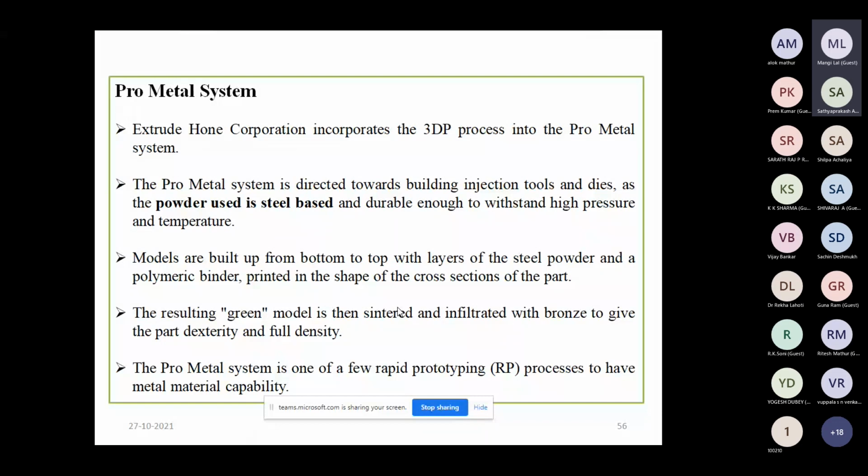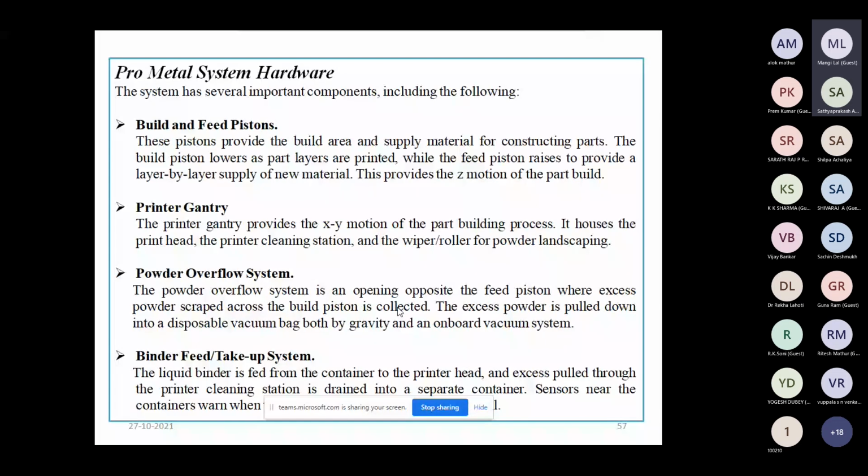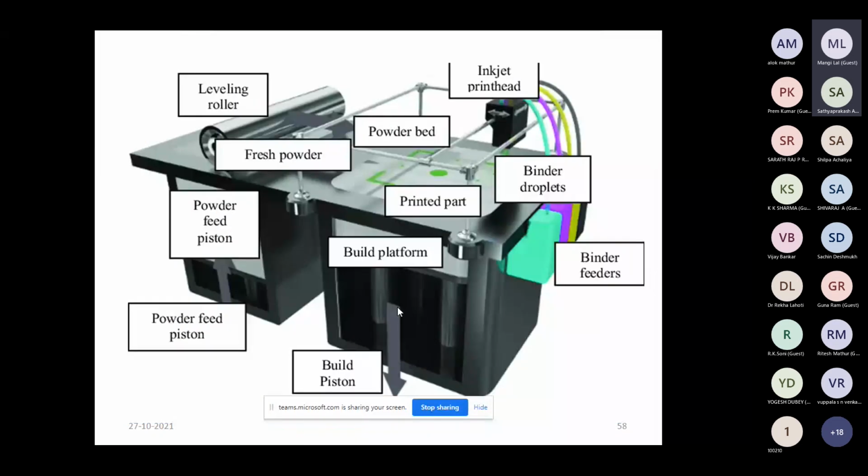Now, as the process is made with the help of this 3D printing with the ProMetal system, the model that will be generated in this type of process has the build and feed piston here, build and feed piston, leveling roller, inkjet printer.